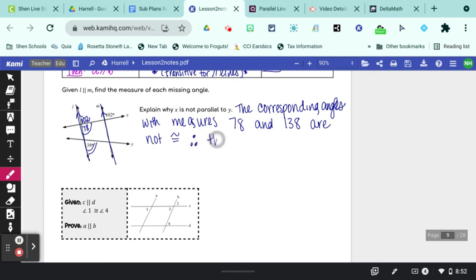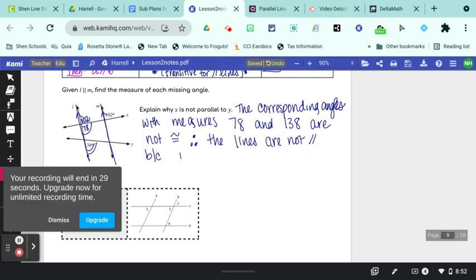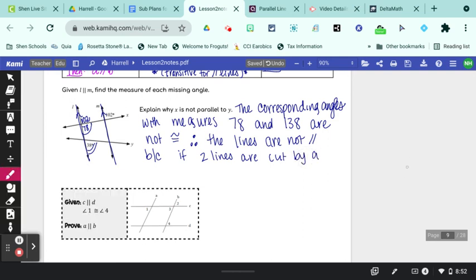Therefore, the lines are not parallel because if two lines are cut by a transversal and corresponding angles are congruent, then the lines are parallel. Is not